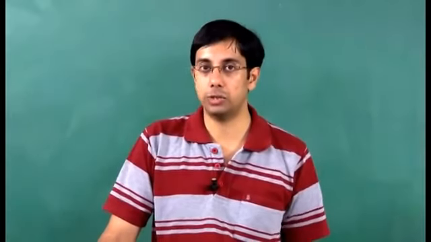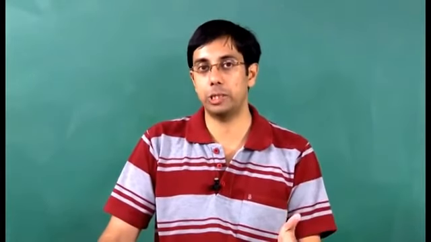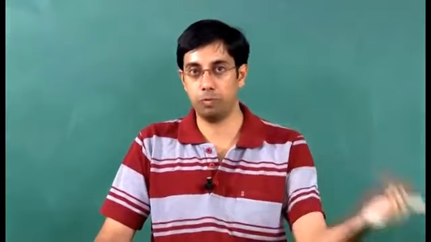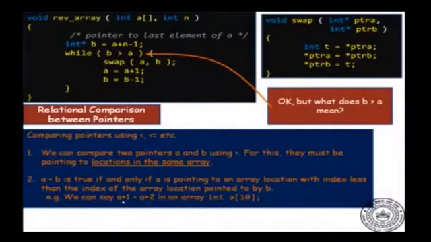Okay. Similarly, A less than or equal to B is true if A is pointing to a location which is B or before B, and so on. So for example, we can say that if we have an array int A[10], then A plus 1 is less than A plus 2. Okay, that's clearly true,